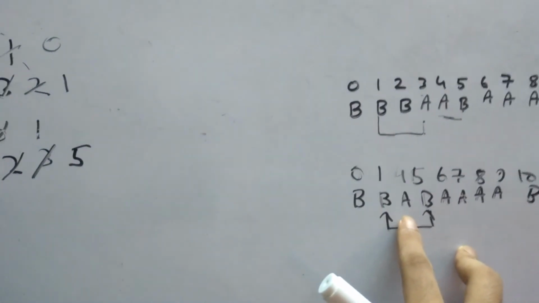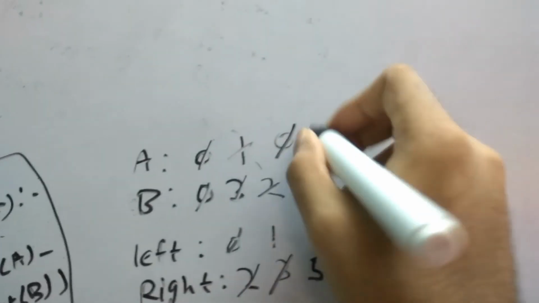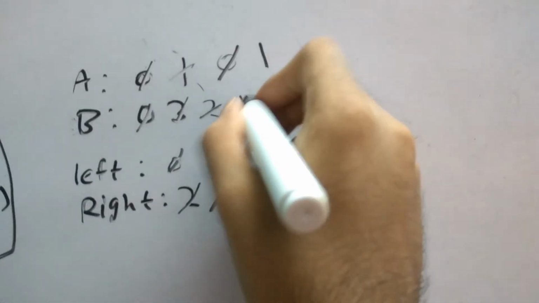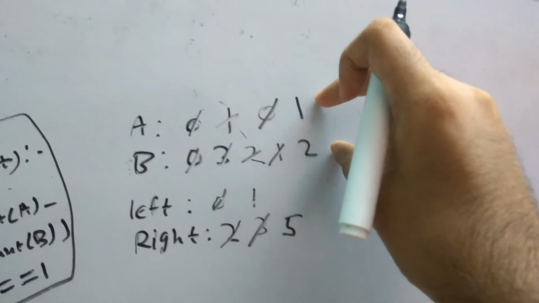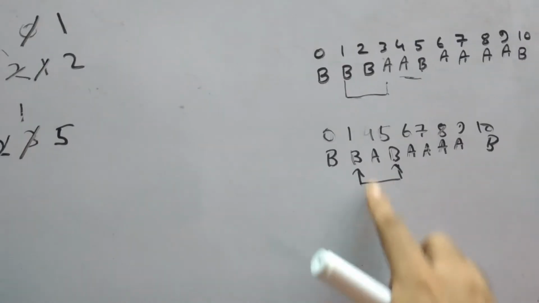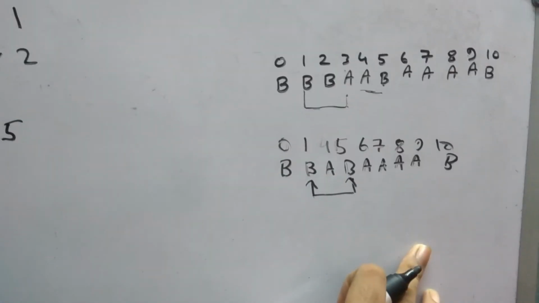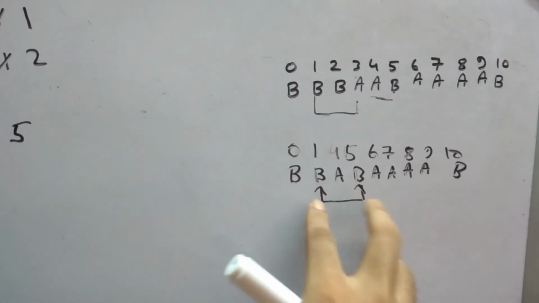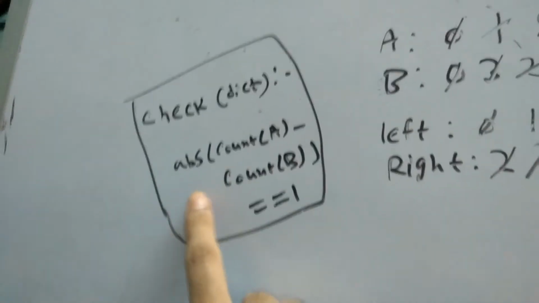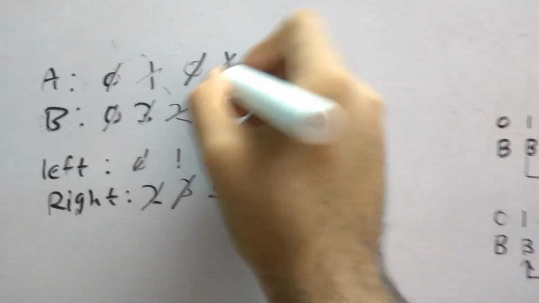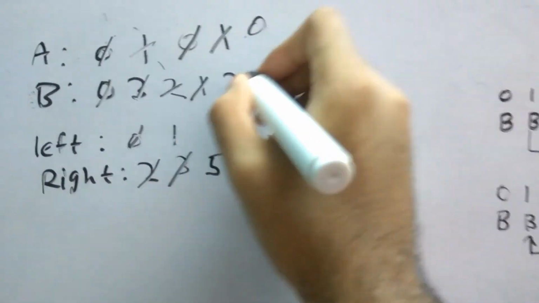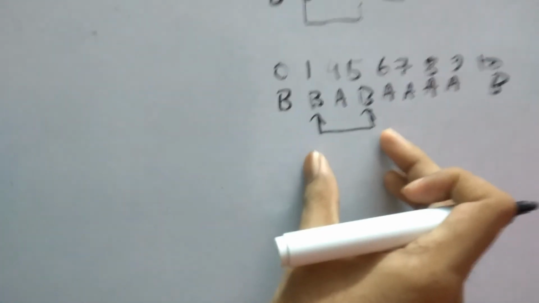Again 1 a is added, and 1 extra b is added. Once again we see the absolute difference is 1, so we can fuse them. After fusing, what will be placed at the first index? The greatest count, that is b. Again we are not actually eliminating, we are simulating the elimination, because we see that this function is returning valid. So immediately we decrement 1 from each, so it is 0 and it will remain as 1. This is actually simulating the thing which we need.